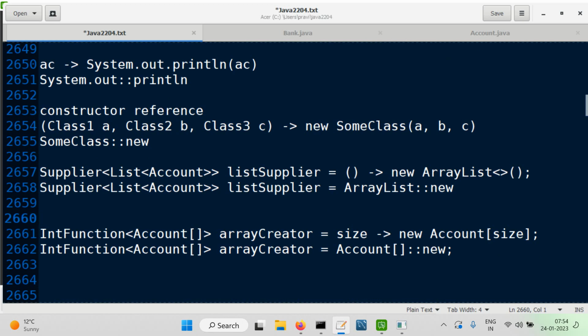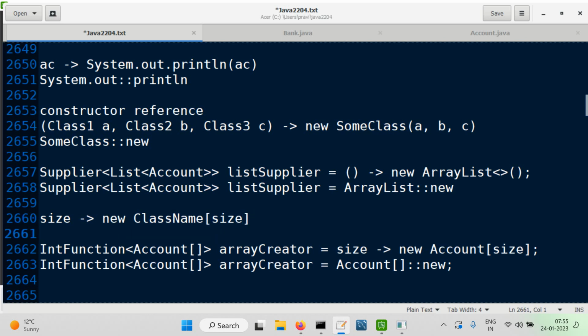So this I should say, okay, what is the lambda expression here? It's a lambda expression of the form which says some size, and some type. Instead of type I should say some class name, and size. Okay, so for this lambda expression, you would have just said